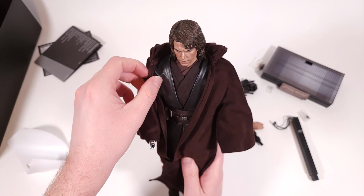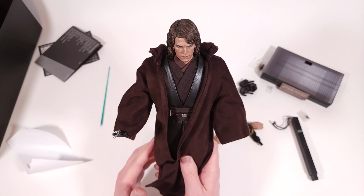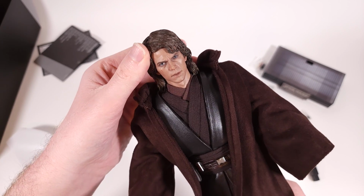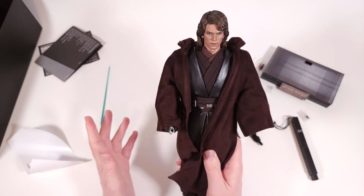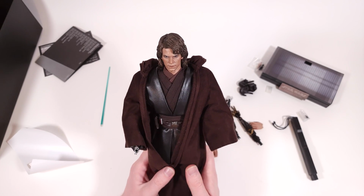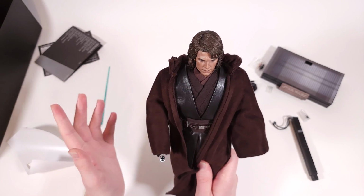But final verdict on this figure is it looks fantastic. I think the head sculpt is like 96% of the way there. It's definitely Hayden. Articulation is good. Outfit looks great. Everything about it is just awesome. So I love this figure. Final verdict,